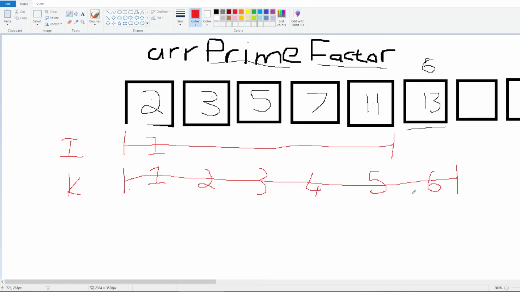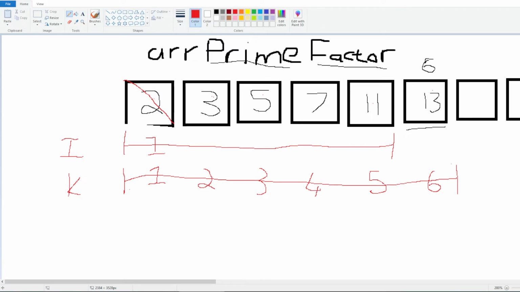What about the last one in K? This represents 13. So 2 plus 13, still not 16, gives you 15. So there is no possible combination that includes 2 that will ever get you to 16. So 2, we can literally scratch that off. 2 is never going to be a prime factor of 16. We tried every single possible combination with the number 2, even itself, 2 plus 2, and it didn't give us